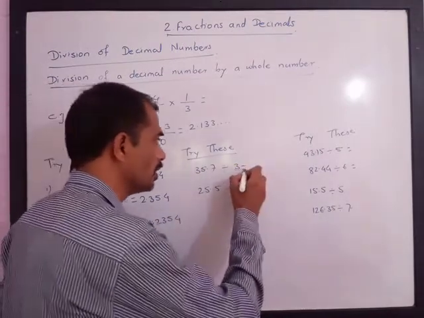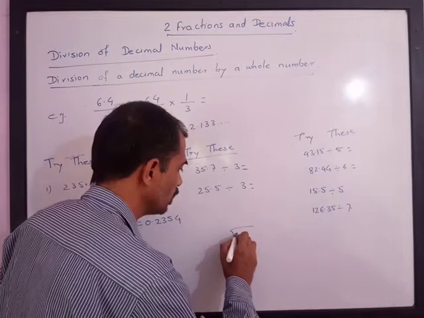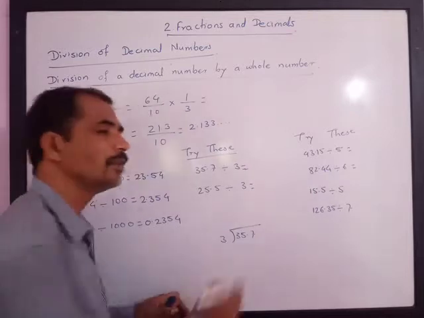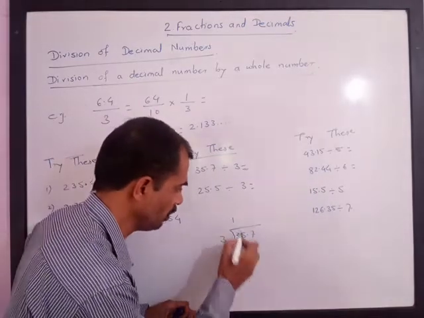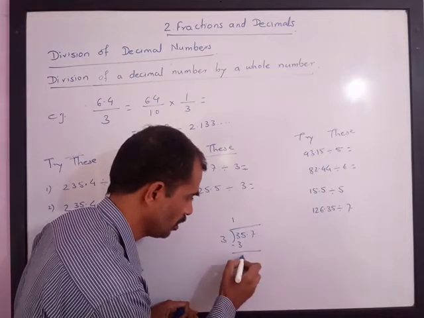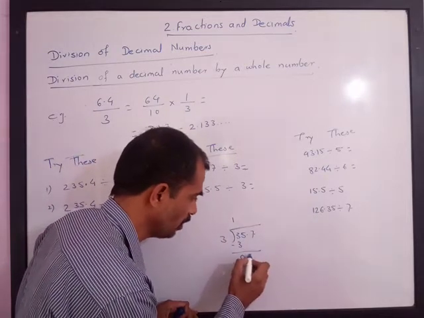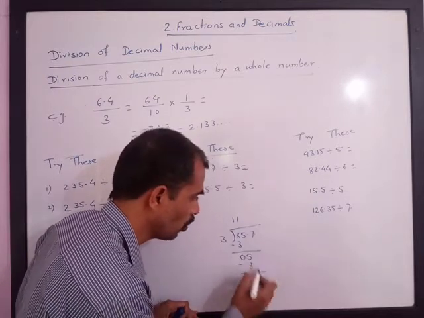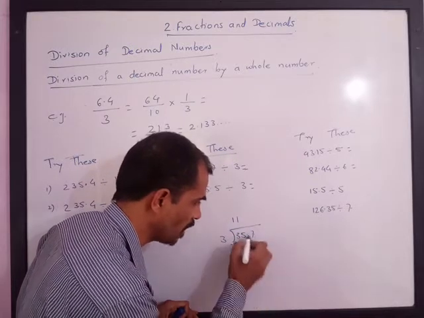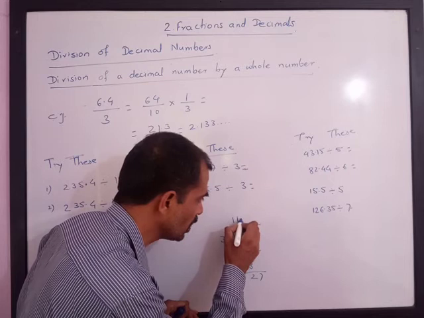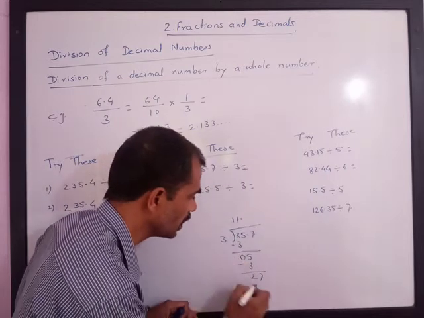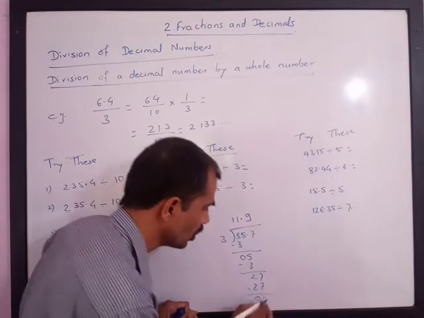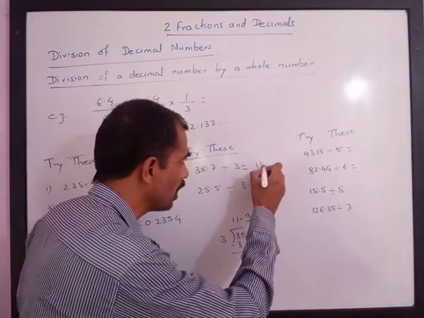Next, let us do the division. 35.7 divided by 3. Please note, I am taking another method. If we are dividing, 3 ones are 3, 0. The next digit you can take downside, 5. Again 3 ones are 3. Please note, now we are taking the digit after the decimal point, so we have to give the decimal point in the answer also. 3 9s are 27. So remainder is 0. So answer is 11.9.